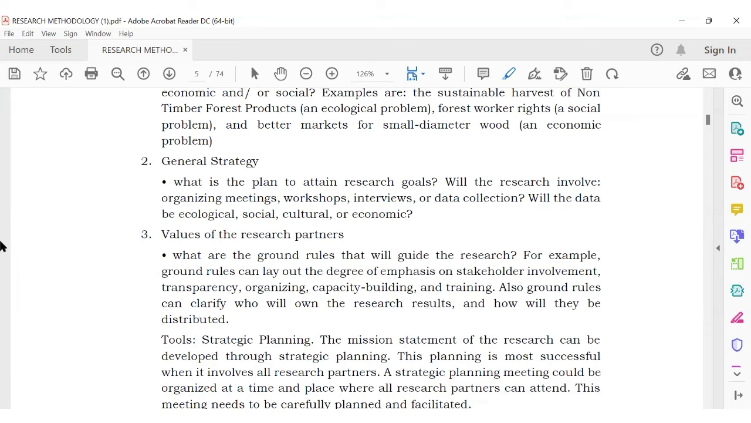Is it clear? Actually, I am not getting it. What is the meaning actually of value of the research partners? What is the meaning of this? Values of the research partners is, because public health research is not done in a solitary way. There will be different